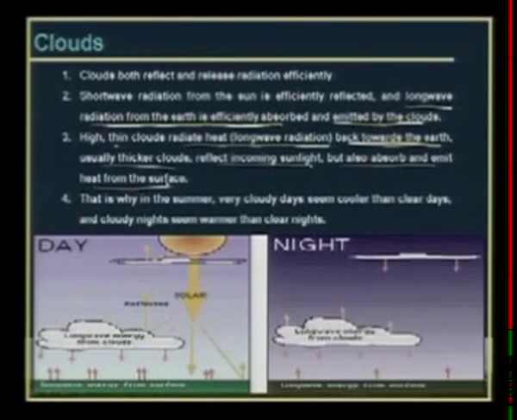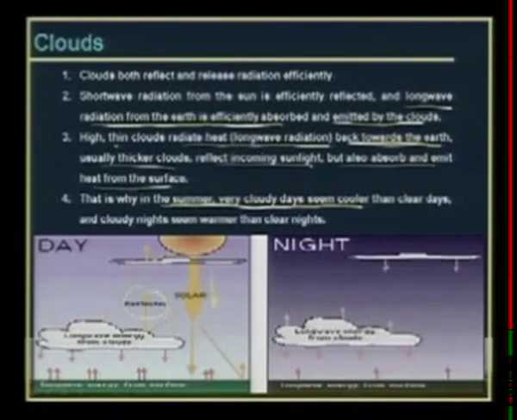So what it really means here is that when the solar radiation is coming in, it can reflect very efficiently, but then it can also absorb the heat. And then what it really means in terms of day and night. In the daytime, you will see that in the summer very cloudy days seem cooler, because when the days are cloudy, the solar radiation is stopped, and then in the night time, if it